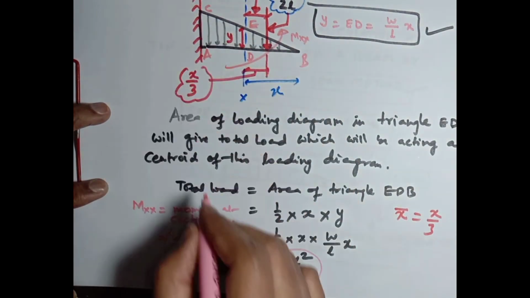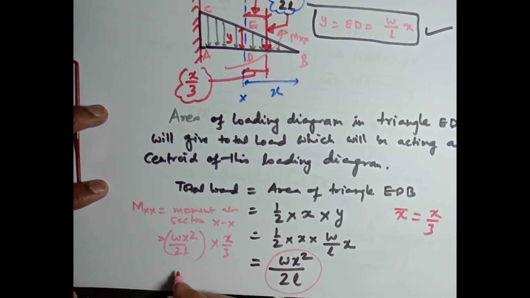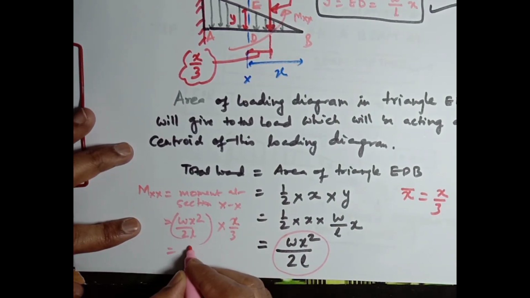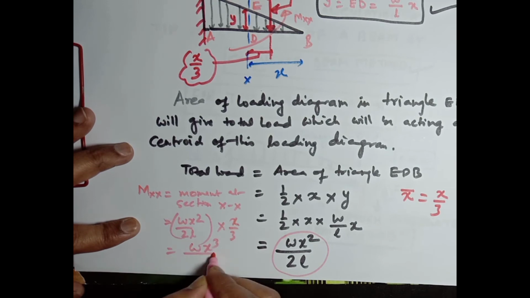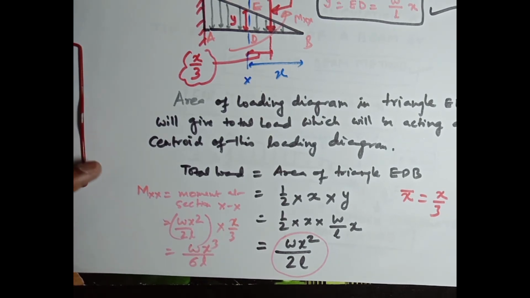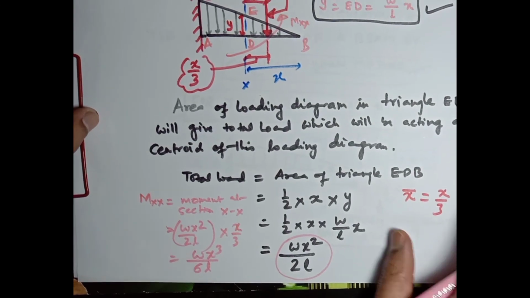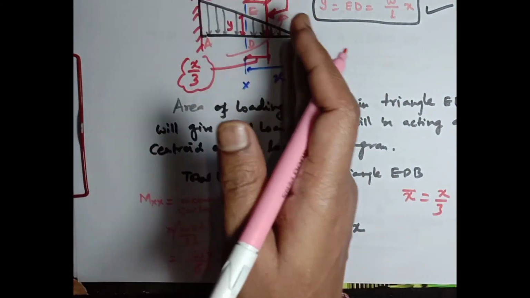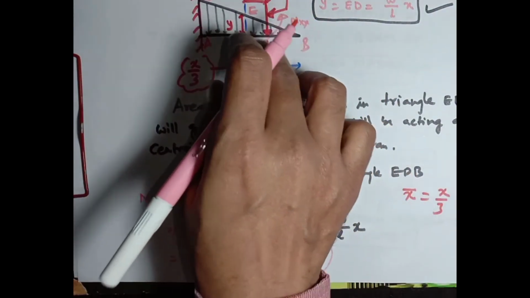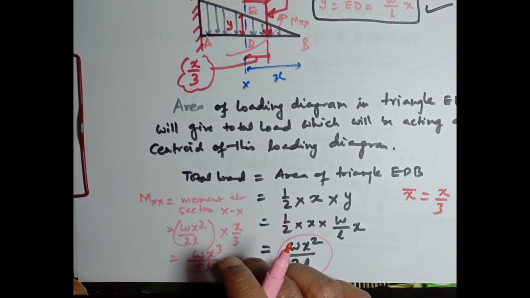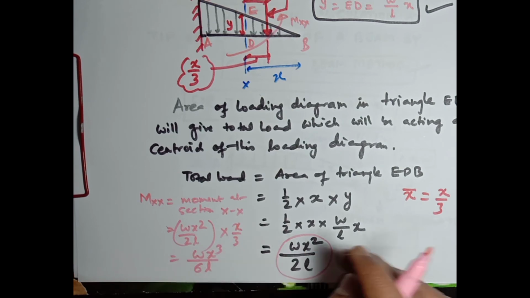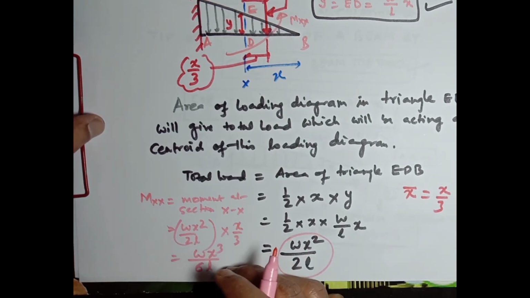Centroid is x by 3. So moment will be W x cube divided by 6L. This is the general expression for moment for this triangular loading at any section xx, which is at a distance of x from this point B. Through this general expression, we will develop a bending moment diagram,